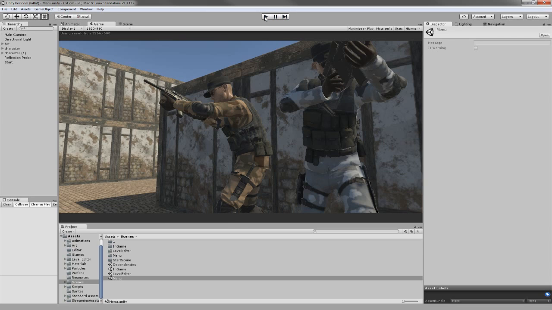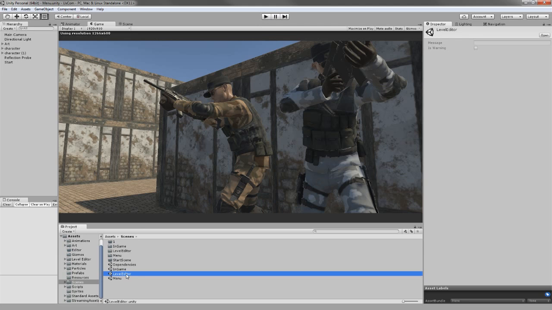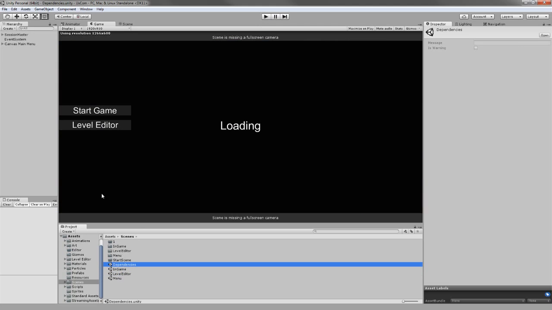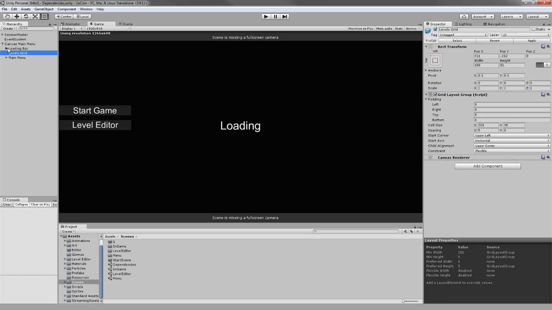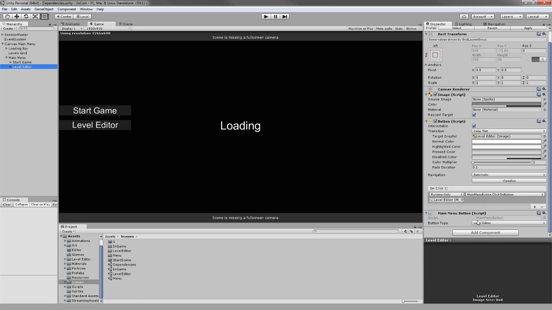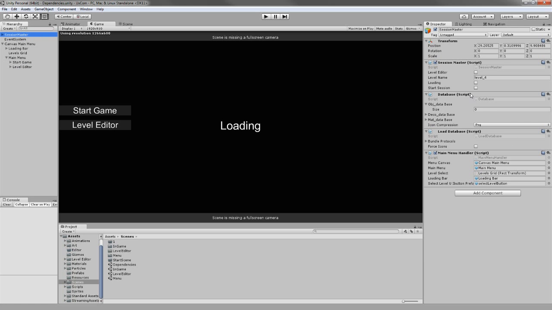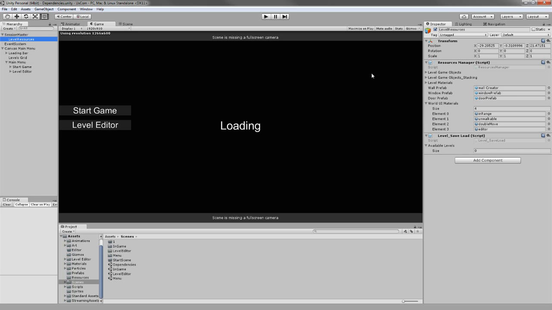So that's what we had to cover in this video, and I think I covered everything. So let's make sure we actually did. Main menu, start level editor, of course you assign the button type level editor. Session master, we have everything. Just make sure you pass the correct references, the correct scripts on these dependencies,